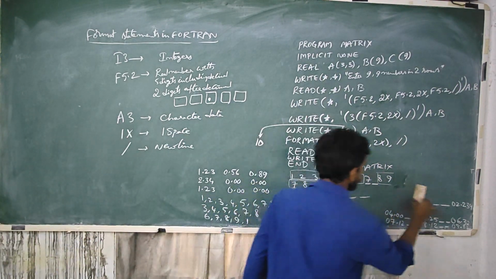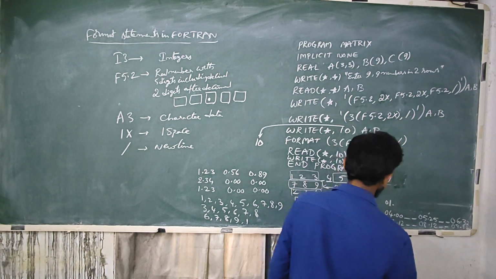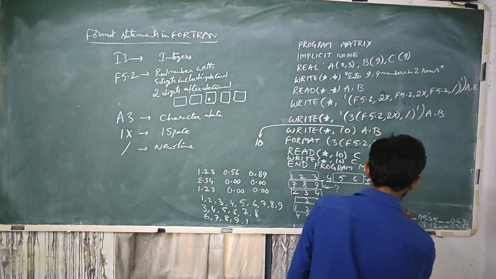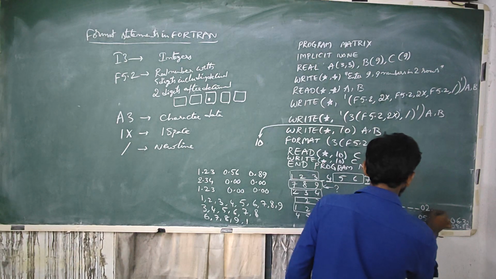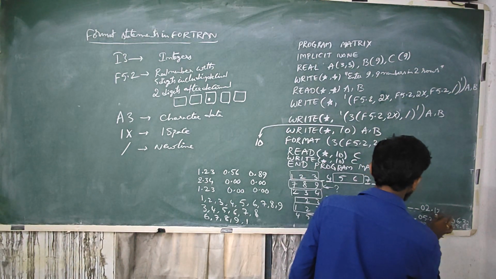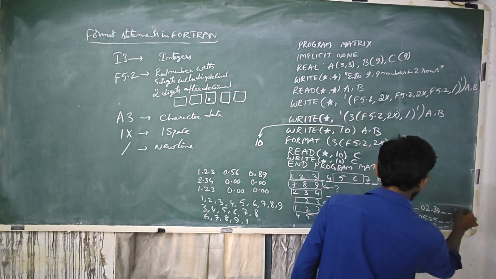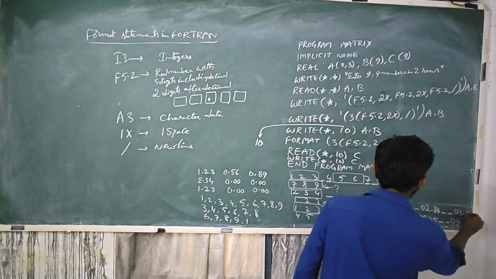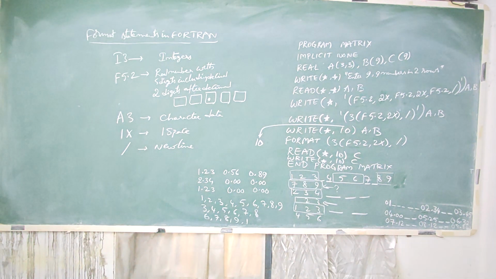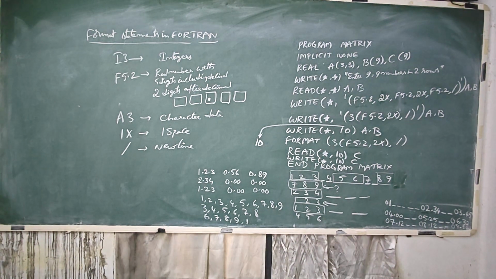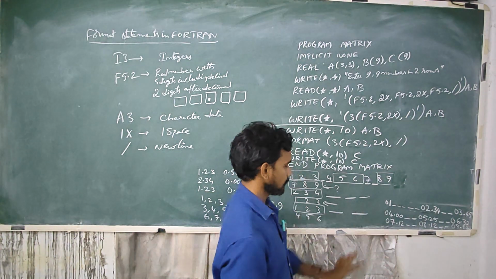What is it exactly? 01, then 3 blank spaces, then 2 blank spaces, 02.12, 02.34, 2 blank spaces, 03.45. So that is the result. So here probably your second line is skipped